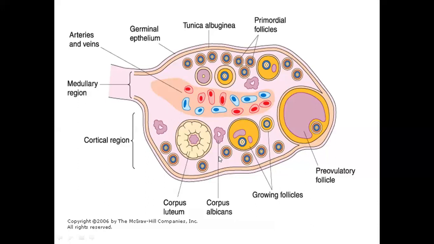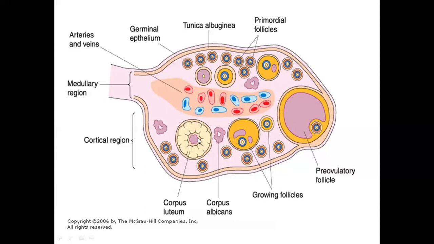The structures found in the cortical region of the ovary are the different types of follicles. First are the primordial follicles, the very initial stage of follicles, which are there in the ovary from embryonic age. They persist until the animal becomes pubertal, and then after puberty, with the cyclic activity of the female animal, development happens in these primordial follicles. Then there are different types of follicles as well.